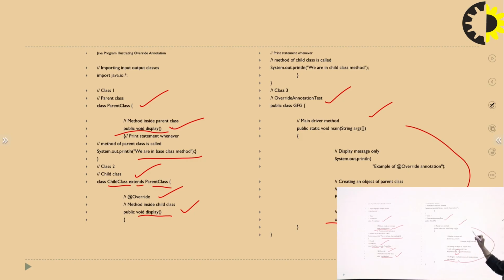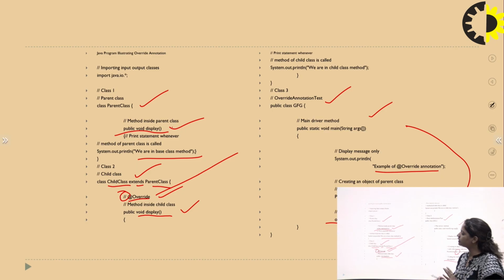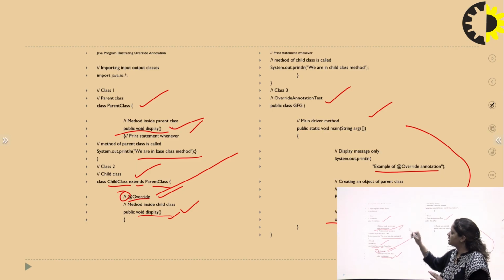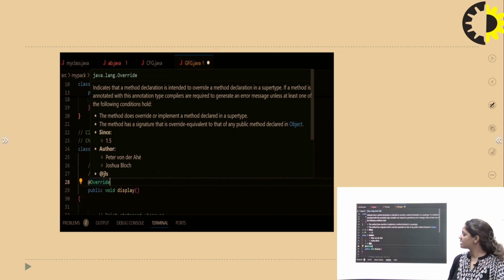Now what will happen, as I told you earlier, is an example of the Override annotation. This is a simple method overriding program in the concept of inheritance with the @Override annotation. Here I have kept it commented. If I uncomment it, when I write this @Override, the compiler will pop out an instruction that the child class method name and the parent class method name need to be the same so that the overriding is done properly. This is the screenshot of that pop-up message.